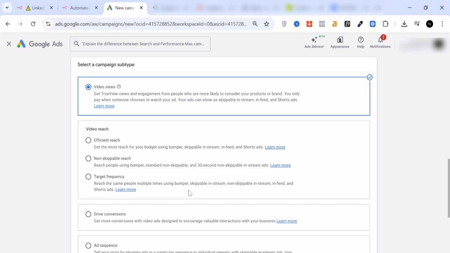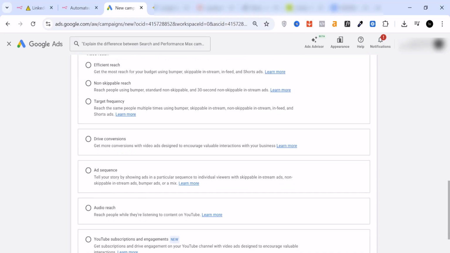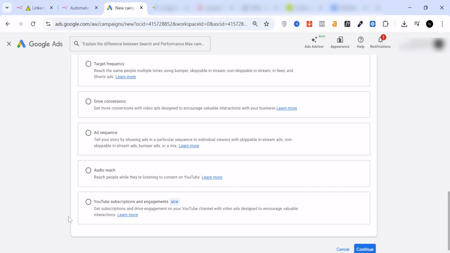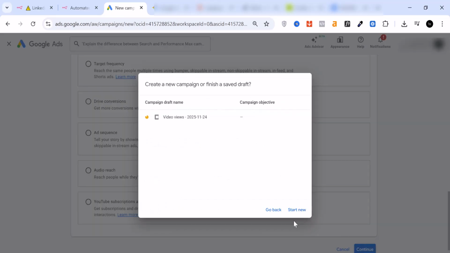When you select video, you now have different campaign subtypes or campaign goals. All right, so we can optimize for YouTube views, which is what we are going to do, because we want people to view our YouTube video and then go to our channel and possibly subscribe. You have other things like efficient reach, non-skippable reach, target frequency, drive conversions, and ad sequences. And at the bottom here, you also have YouTube subscription and engagement. Do not use this one for now. I want you to use this one. So use this one, and then you click on continue